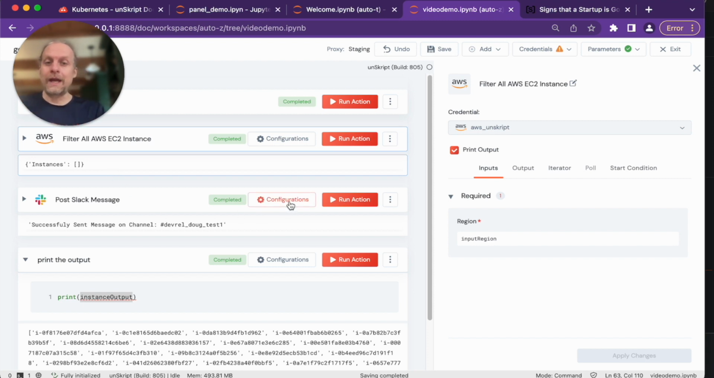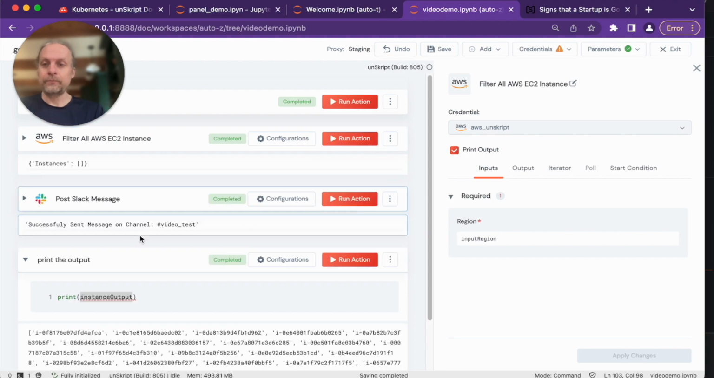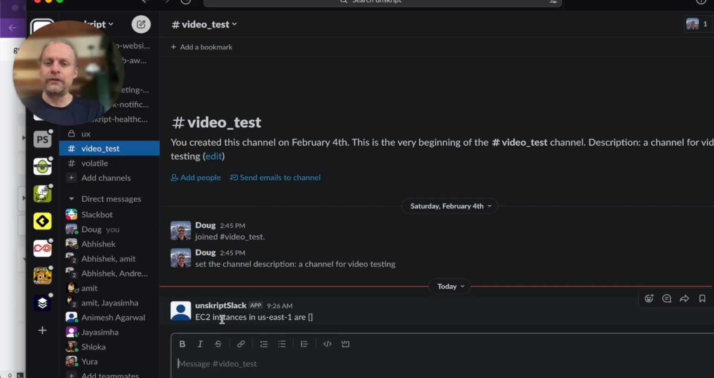So that's great. I can have this Slack message, and if I run this, in video test it says EC2 instances in US East 1 are null. Like, oh, we need to fix that, right? The problem is,